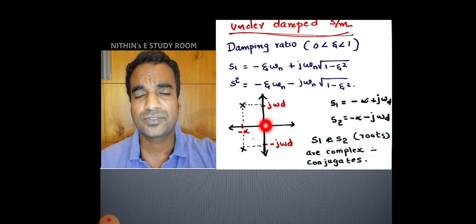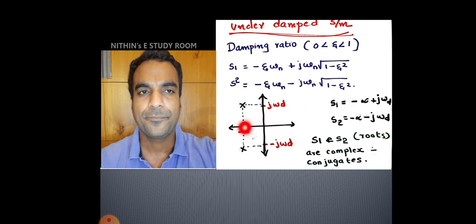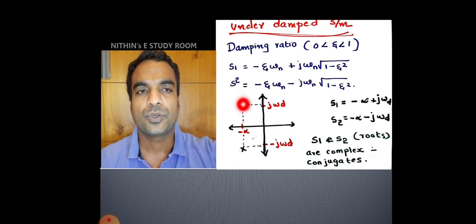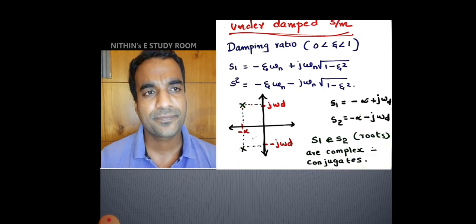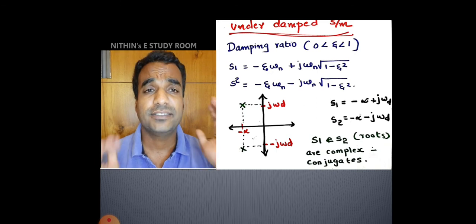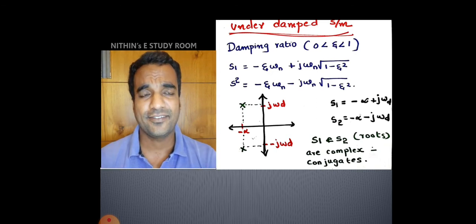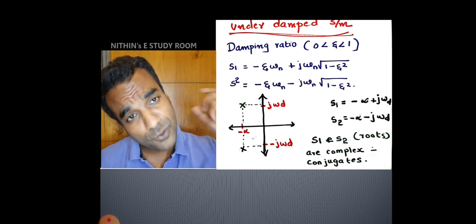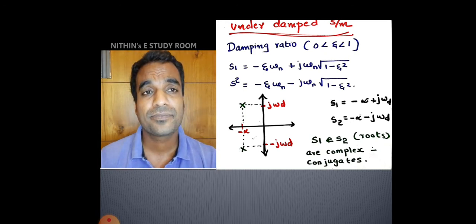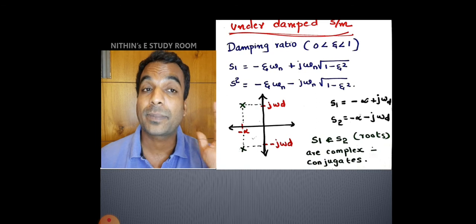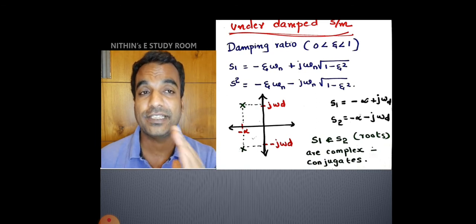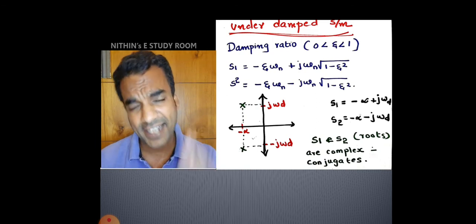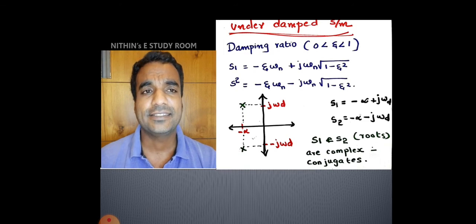So this case was also discussed previously. Anyhow, this is the case. You will get two poles and both the poles are complex conjugates, and as these two poles are on the left side, the system will always be stable. We know that even though the poles are complex, if these two poles are placed on the left half of the j omega axis or imaginary axis, then the system will be stable.